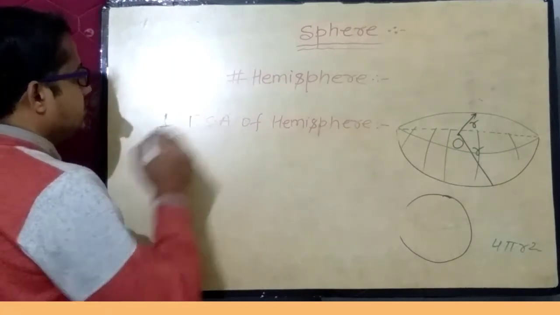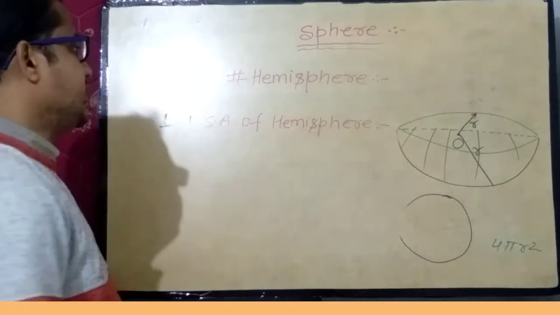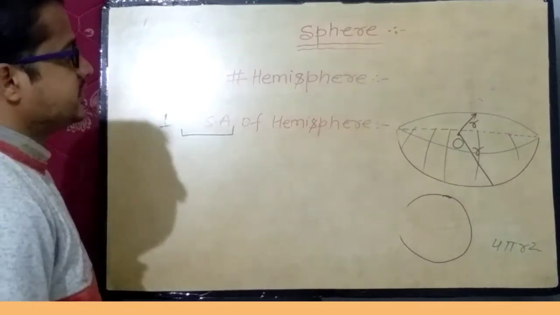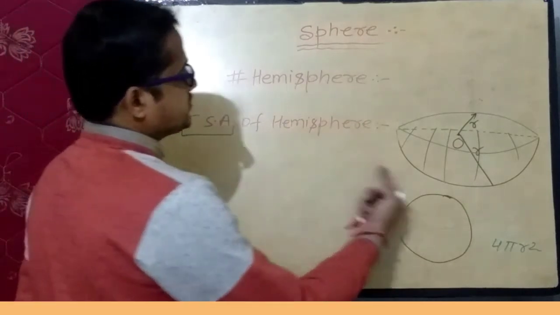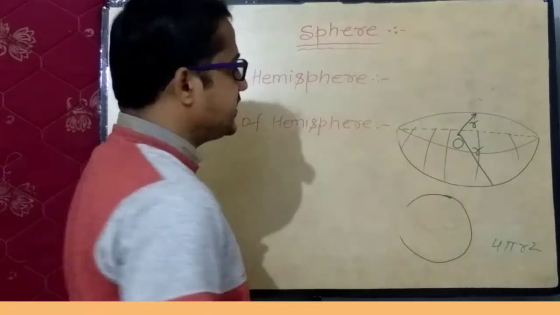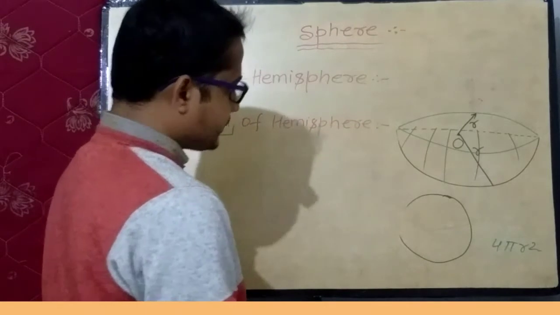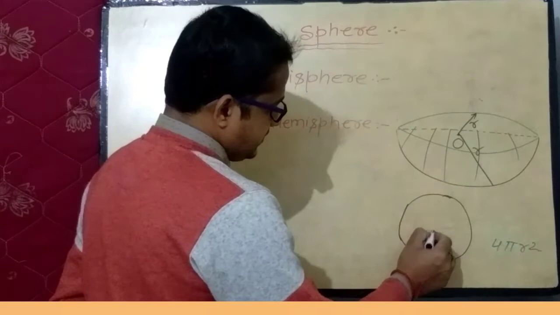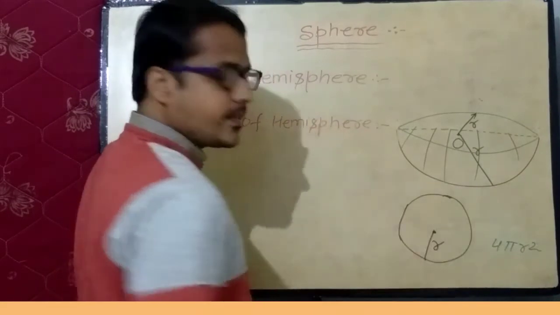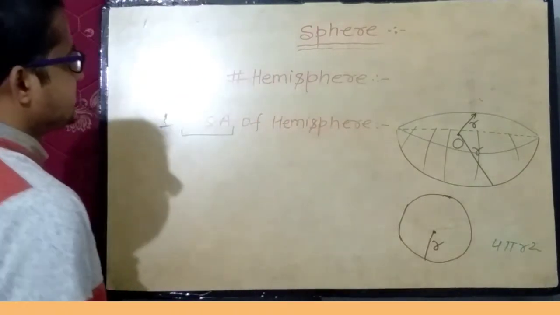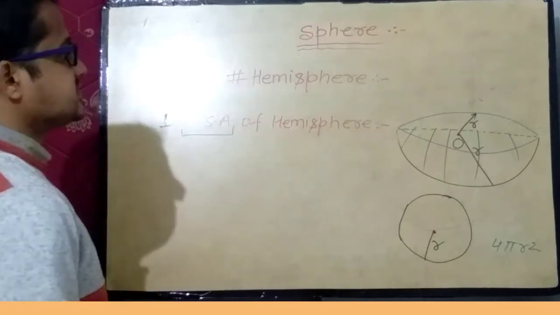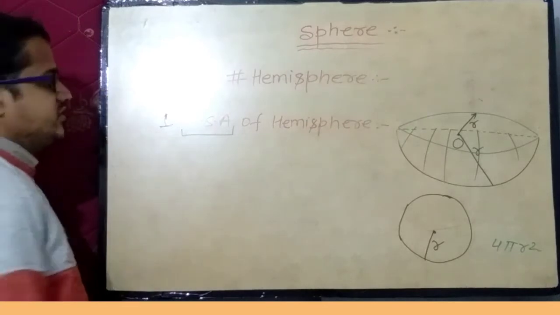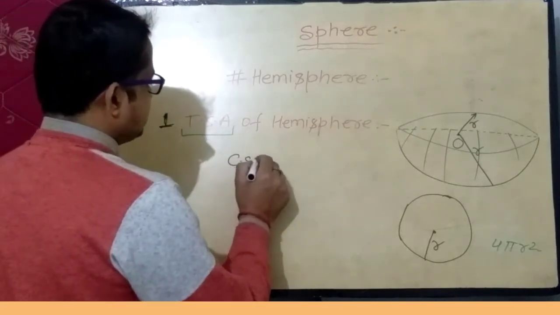Next is total surface area of hemisphere. In order to calculate total surface area of hemisphere, there are total two surfaces. First one is curved surface area and second one is top surface area, and top portion is in the form of circle having a radius r. So total surface area of this hemisphere is sum of CSA and upper portion of the hemisphere,